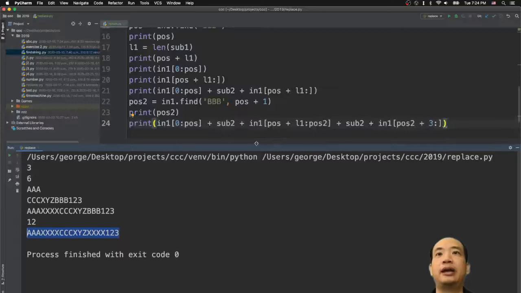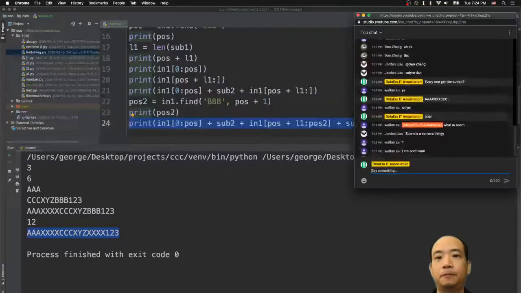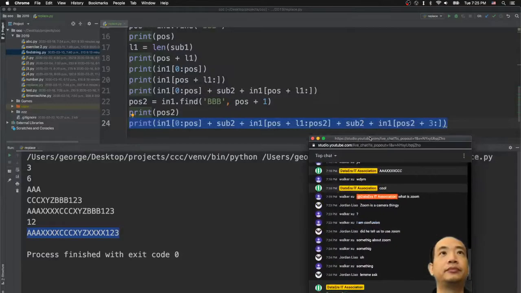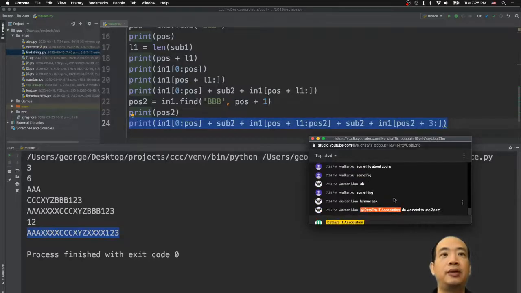I'll give you 2 minutes, and you can finish this code, and then we will use the recursive function to do this substring replace. Yeah, once again, if you finish